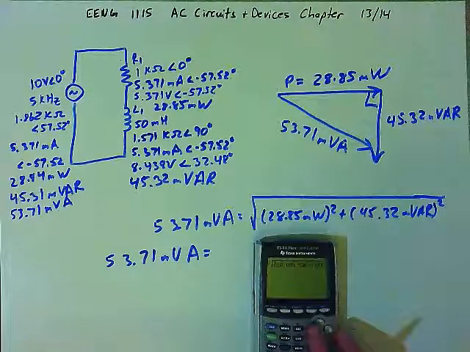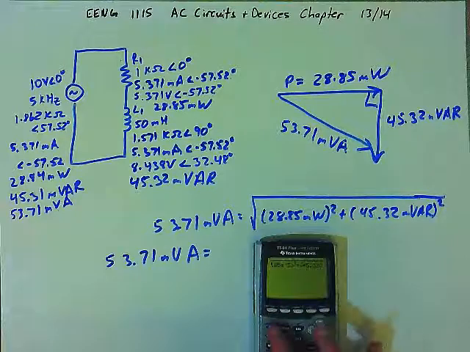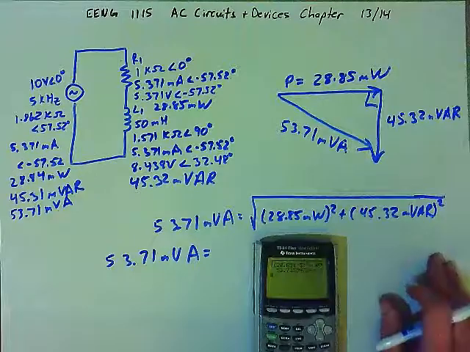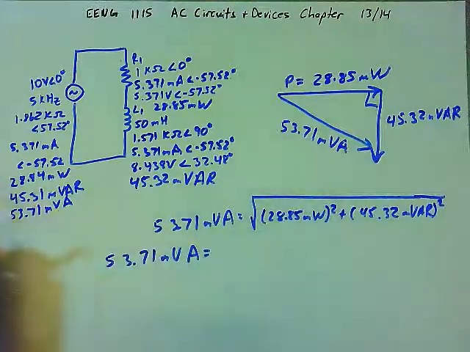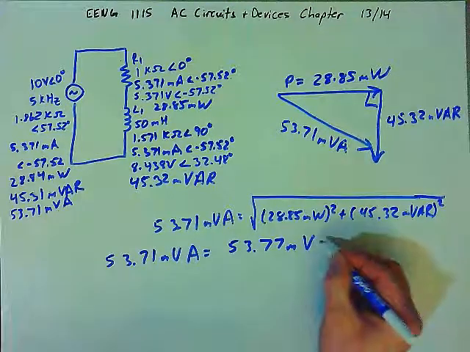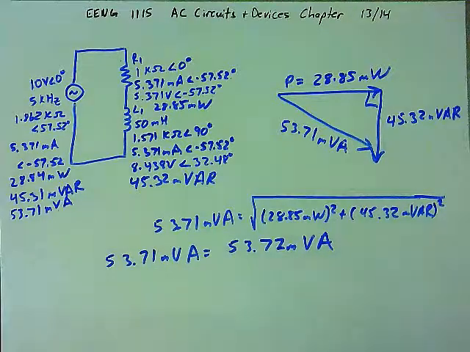Let's start over. Square root of parentheses 28.85 milli squared plus 45.32 milli squared, and we get 53.72 millivolt amps. You can see there's a slight rounding error here,